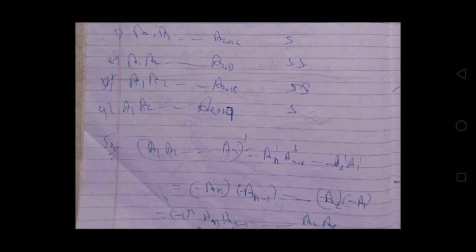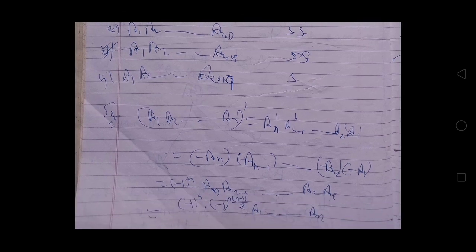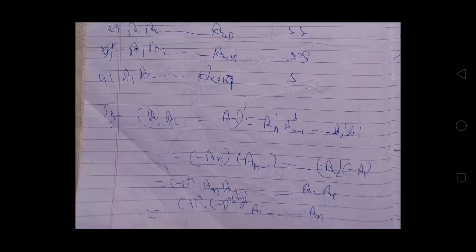So similarly, suppose we have A1 up to An are skew symmetric matrices and in which any two matrices anti-commute with each other. Now the transpose of A1 into A2 up to An will be equal to transpose of An into transpose of An minus 1 up to transpose of A2 into transpose of A1, which will be further equal to An into minus An minus 1 into up to minus A2 into minus A1, because A1, A2 up to An are considered skew symmetric matrices. So it will be further equal to minus 1 raised to the power n into An minus 1 up to A2 into A1, because we have a product of n matrices.